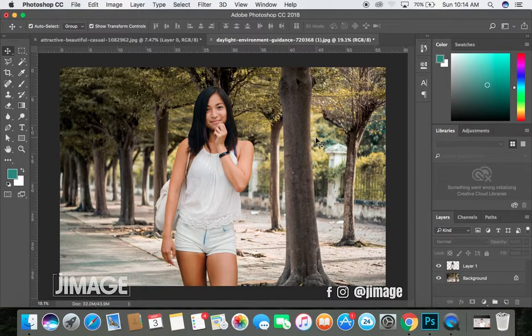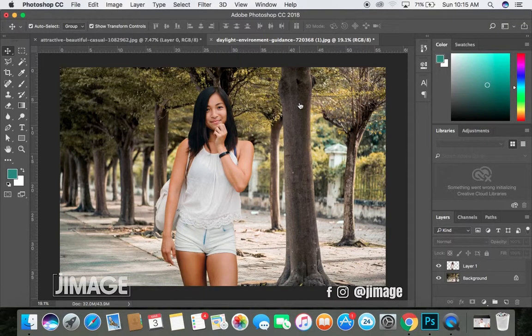Now what we're going to do is synchronize her and try to make her fit the lighting and the color of this environment, because they were taken at a different time, different location, different weather, different camera settings, and they are not similar in color and lighting. So what we're going to do now is try to balance that. So what do we do? The first thing I do most times, I try to create a depth of field